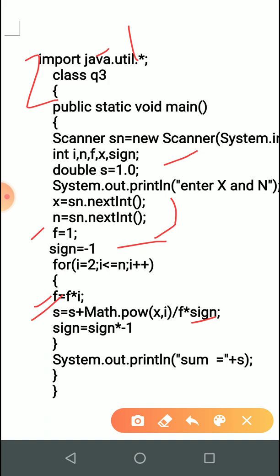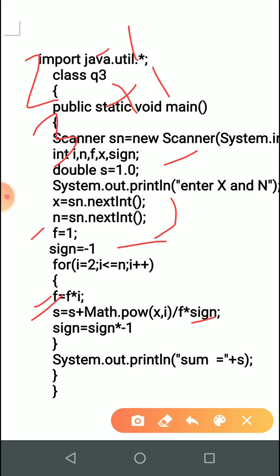so that it will be subtracted. Thereafter the sign will become minus 1 into minus 1, that will become plus 1. When the sign will become plus 1, the next iteration I will become 3. So the next term is multiplied by positive, so it will become x to the power 3 upon 3 factorial into plus 1, so it will be positive, it will be added then.